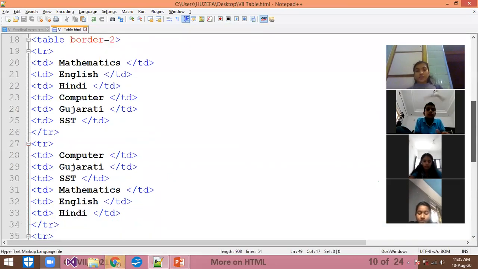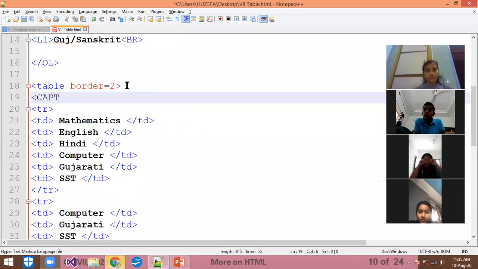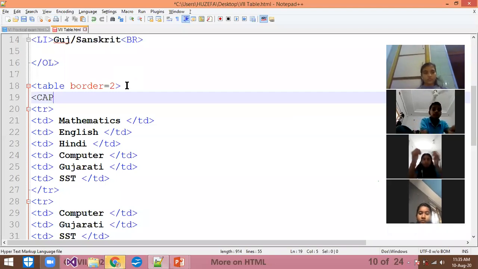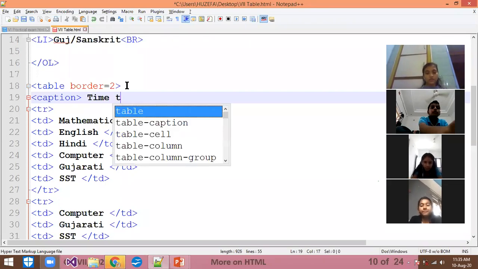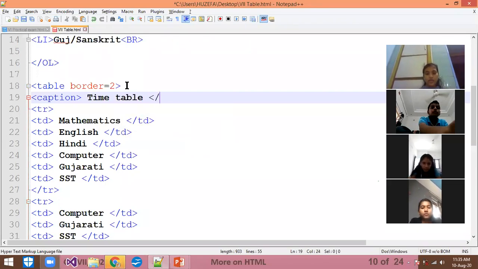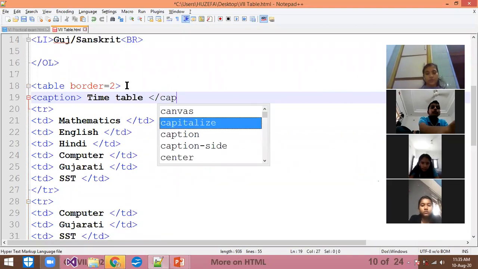Next is the caption. Caption means the heading of the table. So you can use that caption. Okay, caption equals, I'm just writing timetable, and close the caption here.